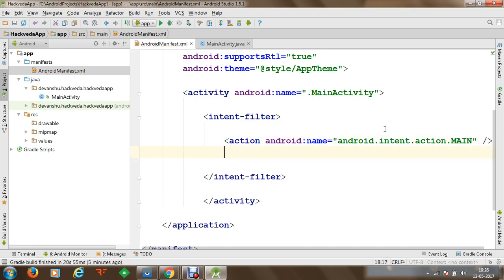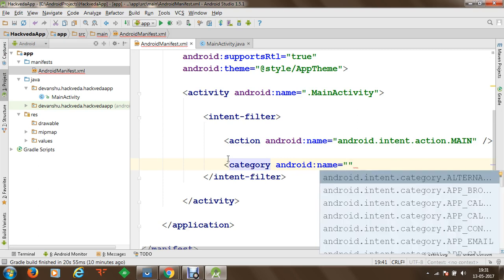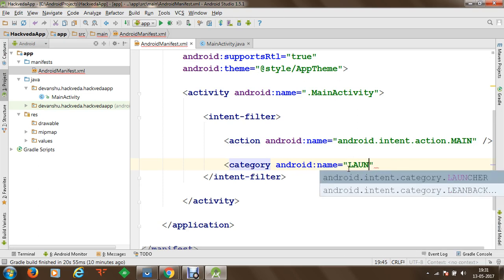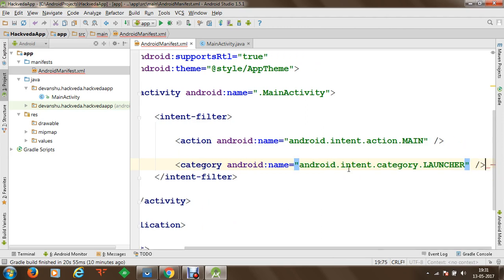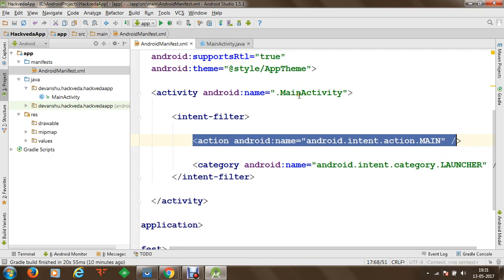And along with this action, we need one more thing in order to specify the launcher. Now we are going to create the category as well. So the category will define that the application has this main activity, and this activity will be a launcher activity as well. So once you install your application on a user's phone, using this we will define that the compiler is going to execute the current activity, MainActivity, as my main activity, and the icon of this activity and the name of this activity will be displayed as a launcher.